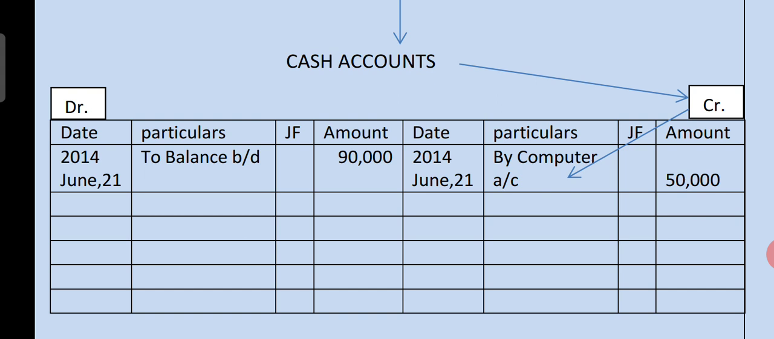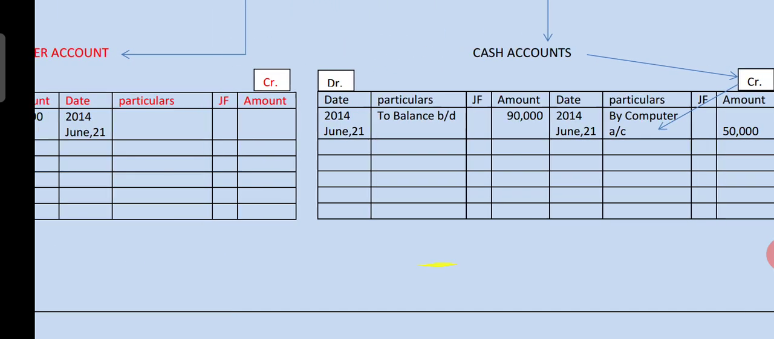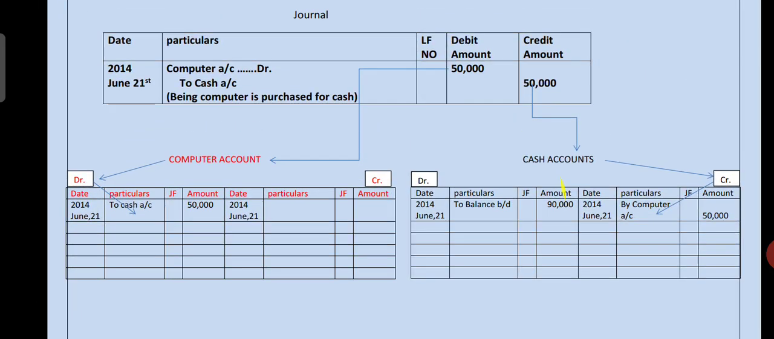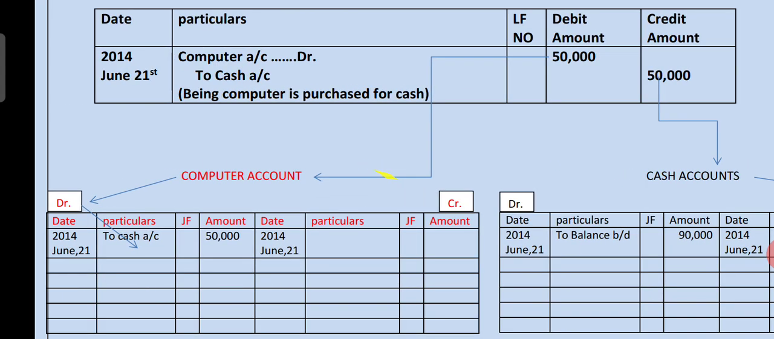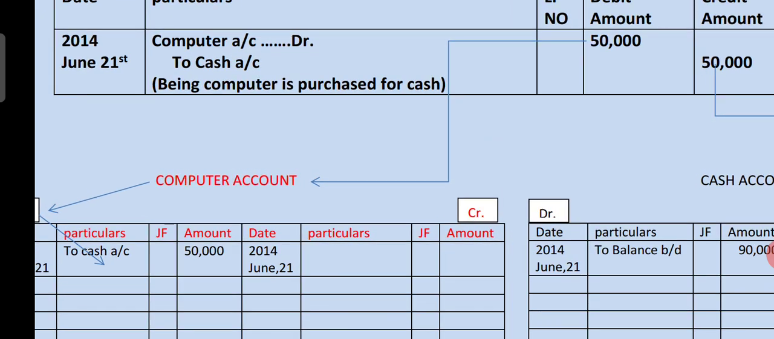Debit side has 4 columns: date, particulars, JF number, and amount. Credit side also has 4 columns: date, particulars, JF, and amount. In this way we can prepare the ledger accounts first. After that, you can observe how we post the journal information into the ledger account. See here, in the journal entry,